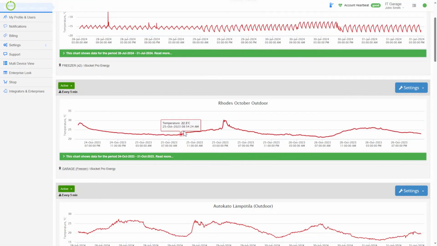And here again outdoor temperature, this time Rhodos, Greece in October, just a couple of days from 24 to 26 October. We have 28 in daytime and late evening with a drop to 22 at night time. And these spikes, I think, are probably sun on the sensor. But sometimes 21 in the morning. So that's it.